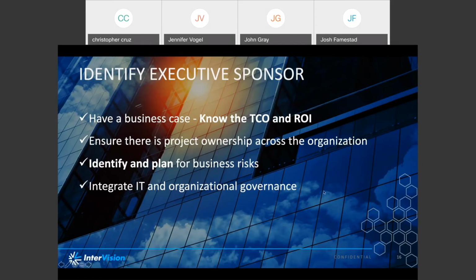why you're moving. Again, this is part of getting executive sponsorship. Have the business case, really know your total cost of ownership and the ROI that you're going to get going to the cloud. In many cases, that will get your chief financial officer or the equivalent really interested and probably positive for this project, pushing for it to happen. Particularly these days, as people are increasingly wanting to switch from CapEx to OpEx, so they don't have to push out large chunks of cash right now, because cash is king.